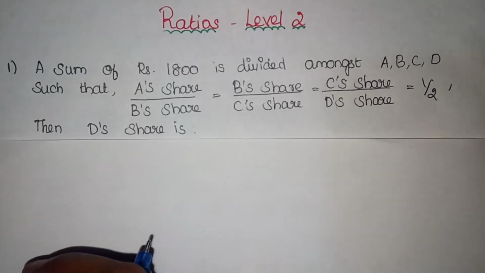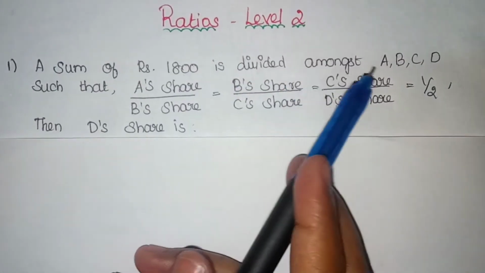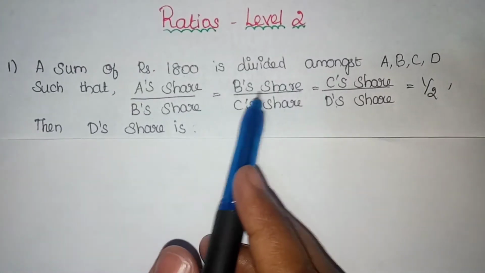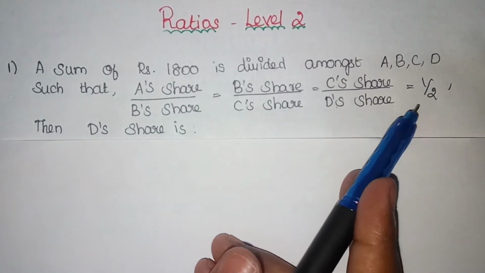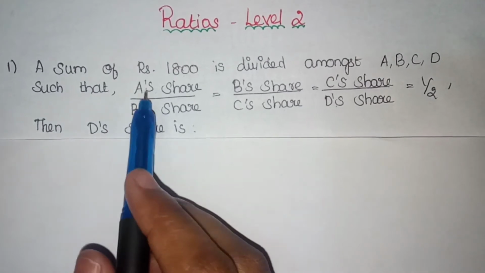Going to learn about level 2 problems in ratio. Let us begin with the first problem. A sum of rupees 1800 is divided among A, B, C, D such that A's share divided by B's share is equal to B's share divided by C's share is equal to C's share divided by D's share is equal to 1 by 2. Then D's share is, here A's share divided by B's share is nothing but the ratio